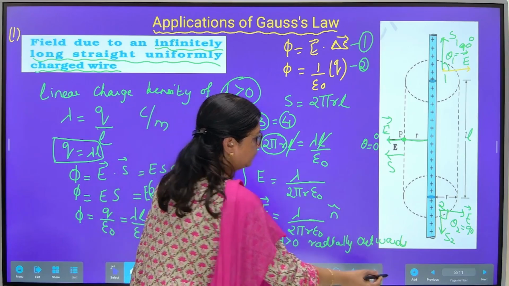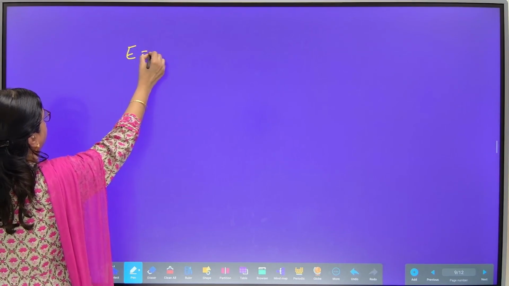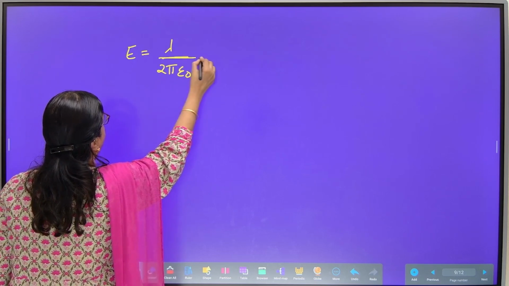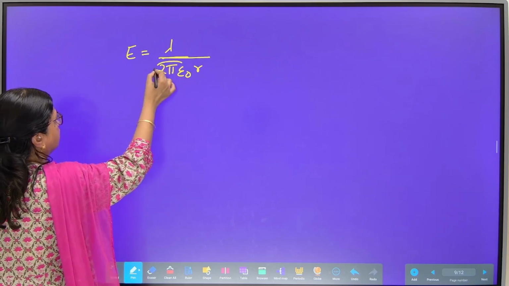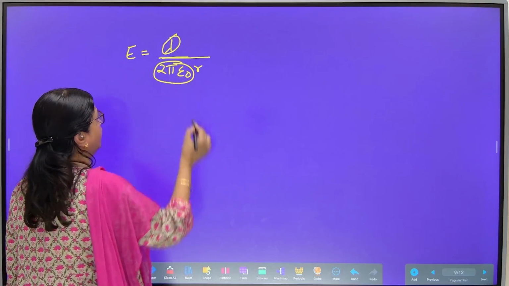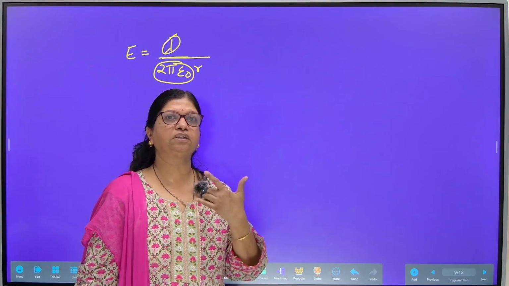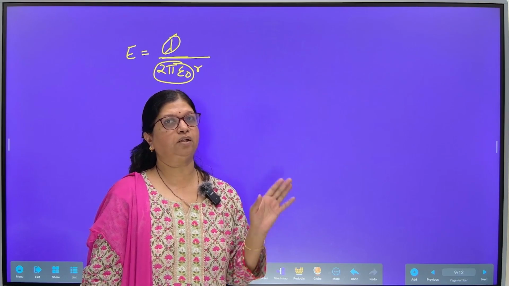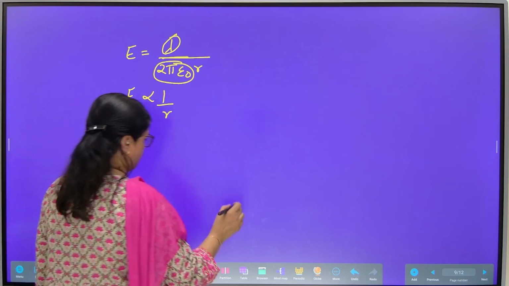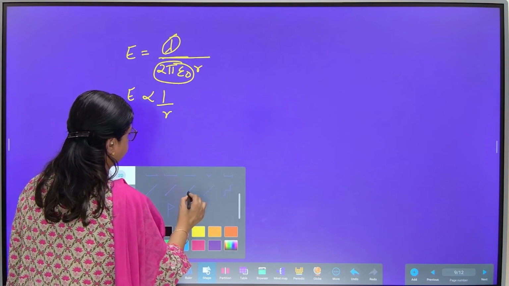So now we move to how to draw a graph for the electric field we just now found out, which was given as E is equal to lambda upon 2 pi epsilon naught r. Now here, as you can see, this portion 2 pi epsilon naught is a constant value. Lambda is also constant because we have taken a wire with fixed value, but the distance between the wire and the point P is changeable because the Gaussian surface was selected by us with a particular radius. So as you can see here, E is inversely proportional to r. So if I draw a graph of this particular variation,